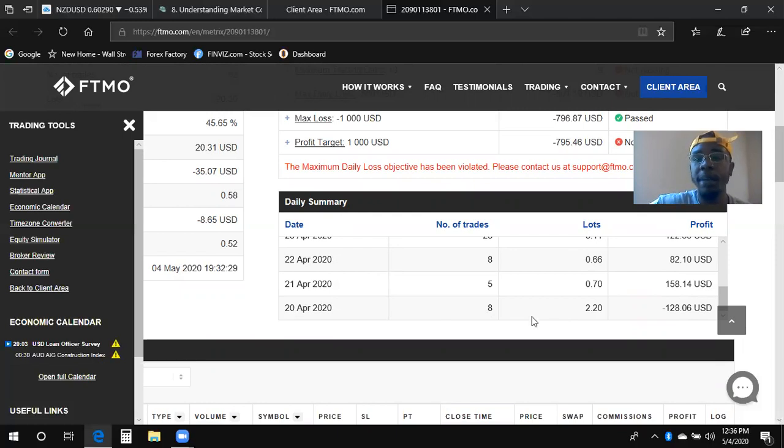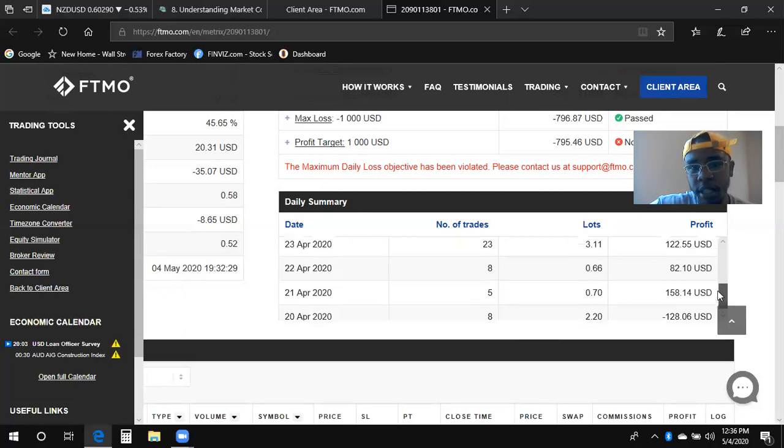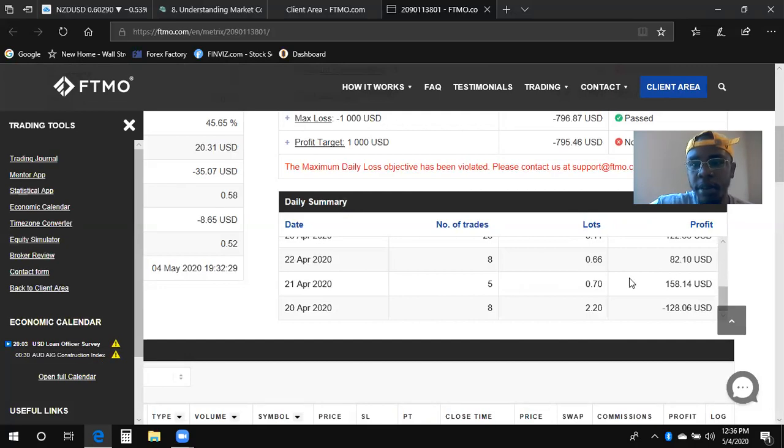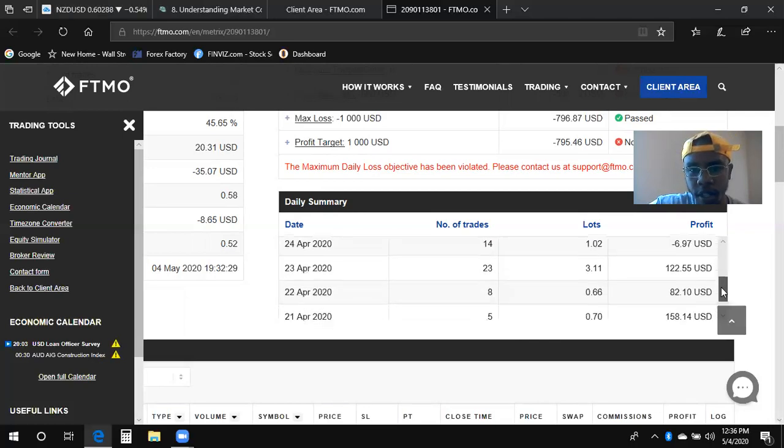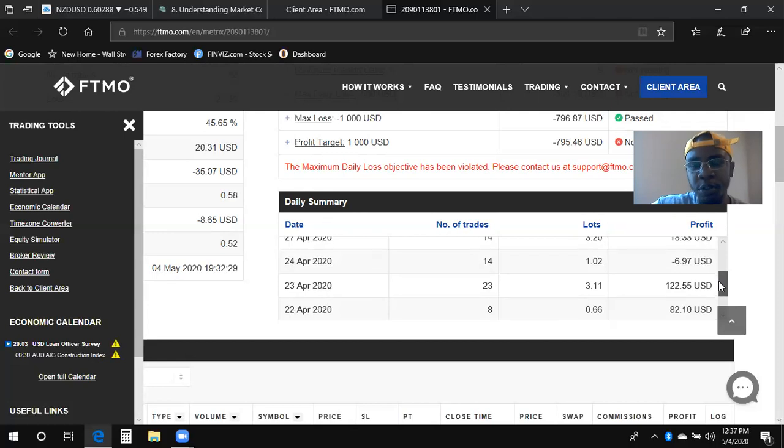Because what was either happening was I was fighting for my bias to be correct, or I was right and I broke even, and I didn't want that, and I wanted to get money, being greedy, and then I'm constantly fighting. The next day was 5 trades, and you see the profit was only $30 more on these 5 trades. And had I not taken 8 trades, I probably wouldn't have been negative $128. You see, the less trades you take, the more likely the better trades that you are taking. As we scroll up some more, we see the number of trades just increased.